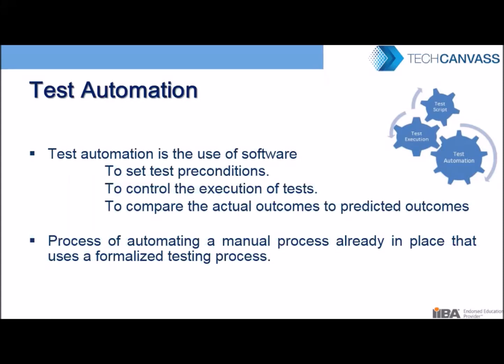How to achieve test automation? First we have to set the test preconditions. Let's suppose I want to go to the Gmail login page, so I first have to do the precondition: open the browser, then enter the URL, that kind of stuff. There are proxy settings, many more things. So I have to set those preconditions first. Then write the test cases and control them. Like if I want to run only 5 tests today, 10, 15, 20, you can control the test cases using your frameworks.